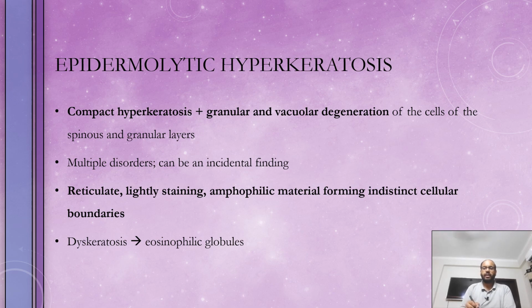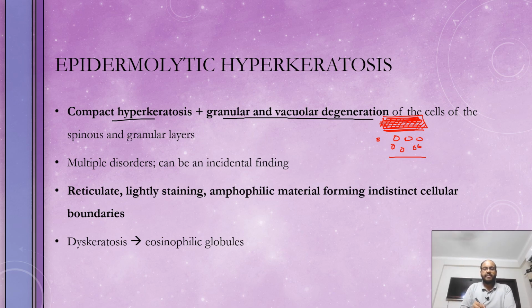Epidermolytic hyperkeratosis. Now, in epidermolytic hyperkeratosis, you have compact hyperkeratosis with granular and vacuolar degeneration. That means the cells inside the epidermis have a lot of empty spaces, and the stratum corneum above is thickened with compact hyperkeratosis. Let me show compact hyperkeratosis like this. So you have thickened compact hyperkeratosis along with granular and vacuolar degeneration of the cells of the spinous and granular